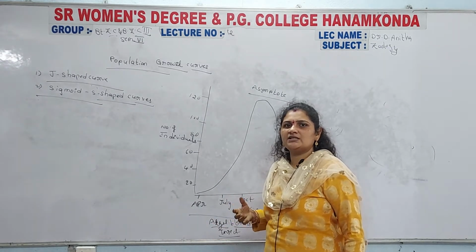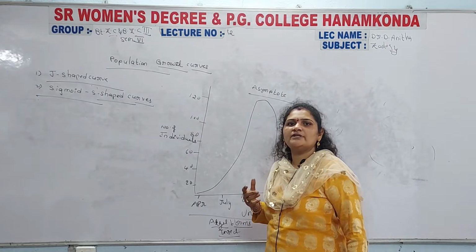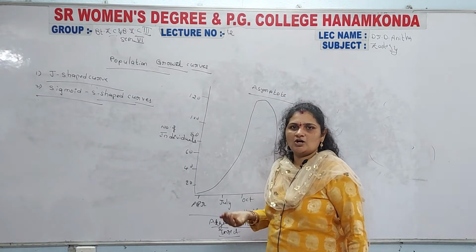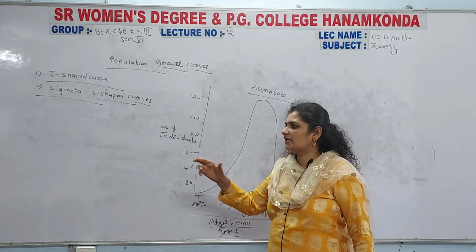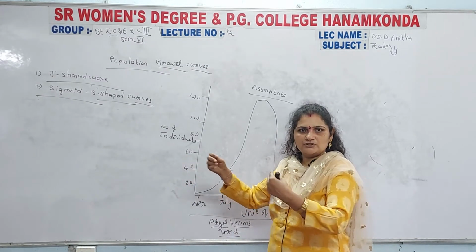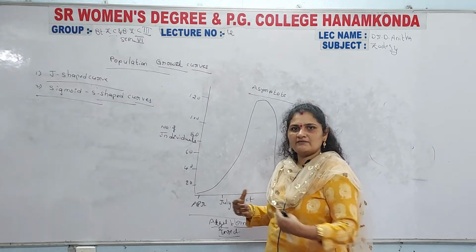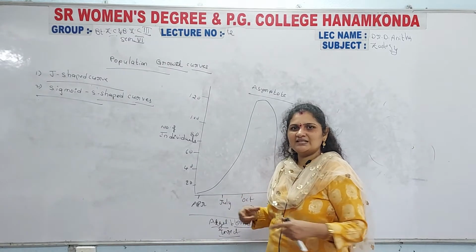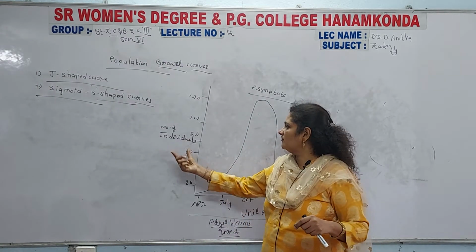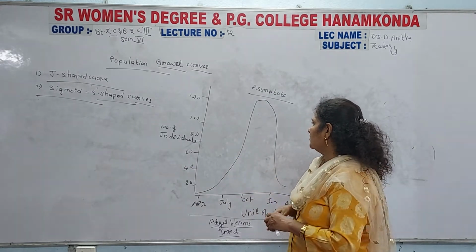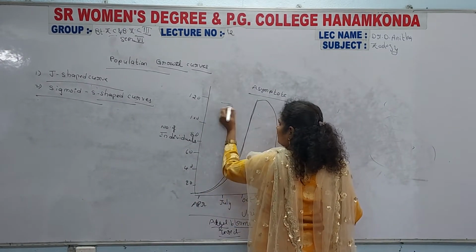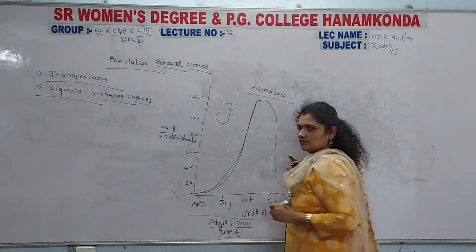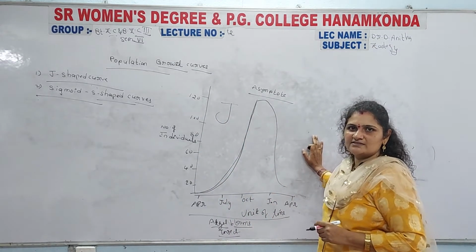We can take a particular unit of time and see how many individuals are formed, how many individuals are reproduced, from one month to another, up to one year of time or one hour of time. So with this particular unit of time and number of individuals, we make a graph. The graph should be J-shaped, see this. So that's why it is named J-shaped.